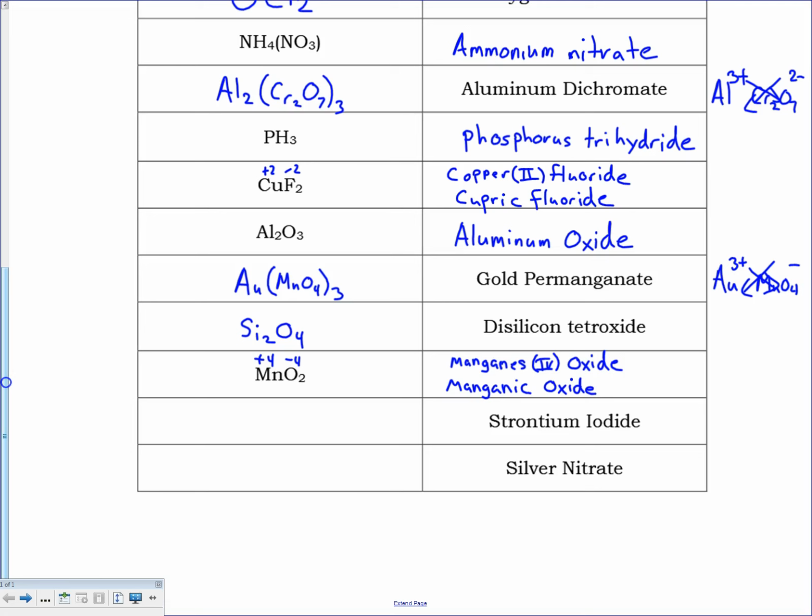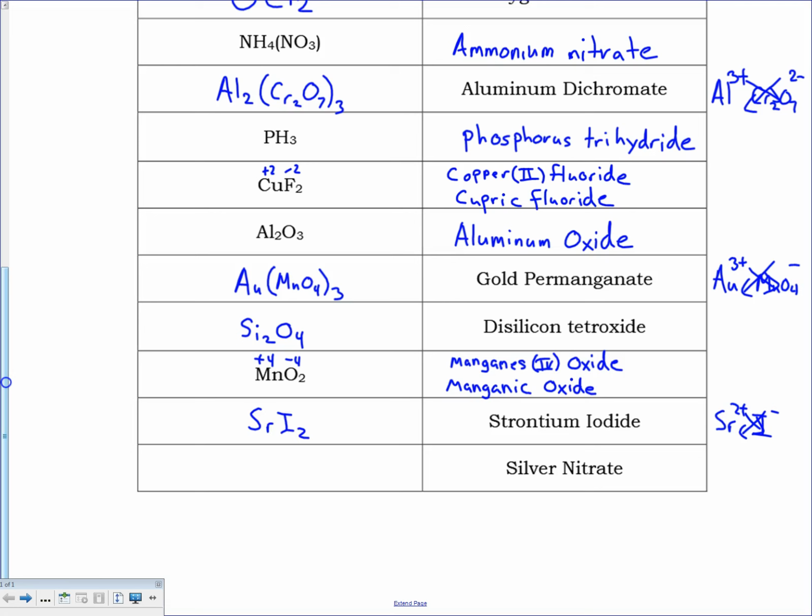Strontium iodide. So find strontium. It's got a charge of 2+, so it's Sr2+. Iodide is I-. Both of those are on the back of your periodic table. Crisscross, we have 2 iodides, 1 strontium, so it's